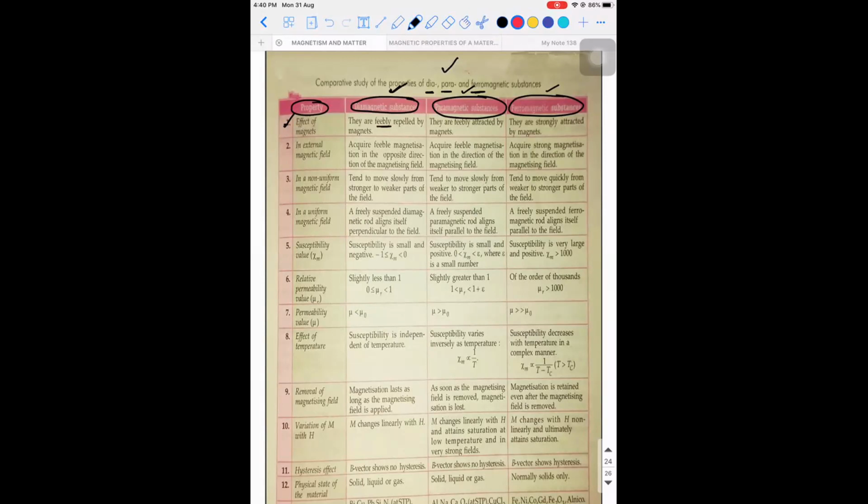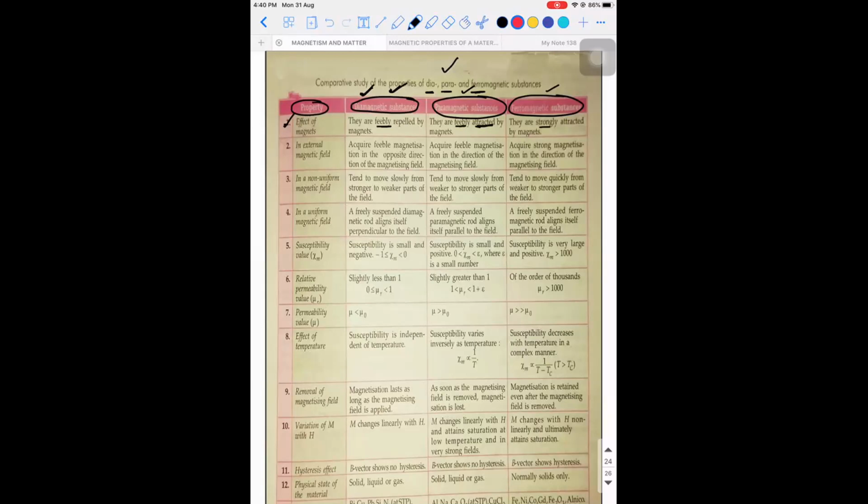Okay, so what kind of a question they will ask is, the material which gets repelled feebly by external magnets, what kind of a magnetic material will it be? It will be a diamagnetic. Okay. Next, what will happen to a paramagnetic substance? It is attracted, but there is a feeble attraction. Whereas what happened with respect to a ferromagnet? It got attracted, but it was very strong because it has the property of retentivity, right?